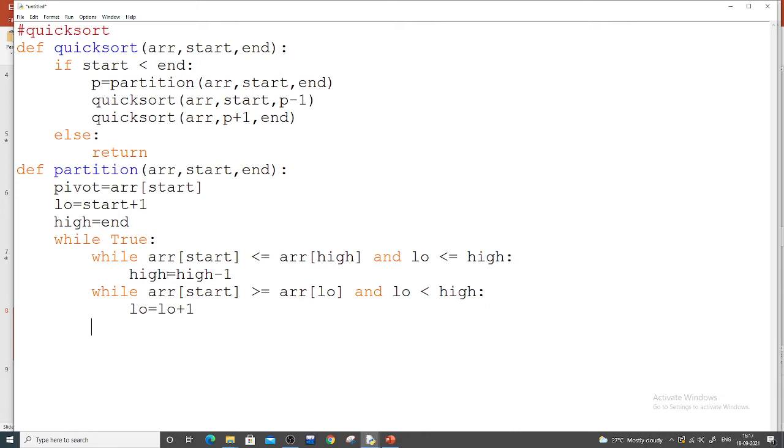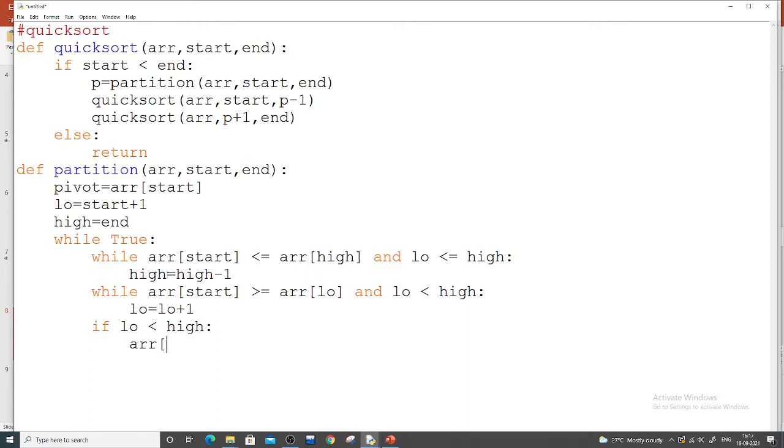So here I'll put a condition. If low is less than high, then I have to swap these two. Whatever the data is available at low and high, I am swapping.